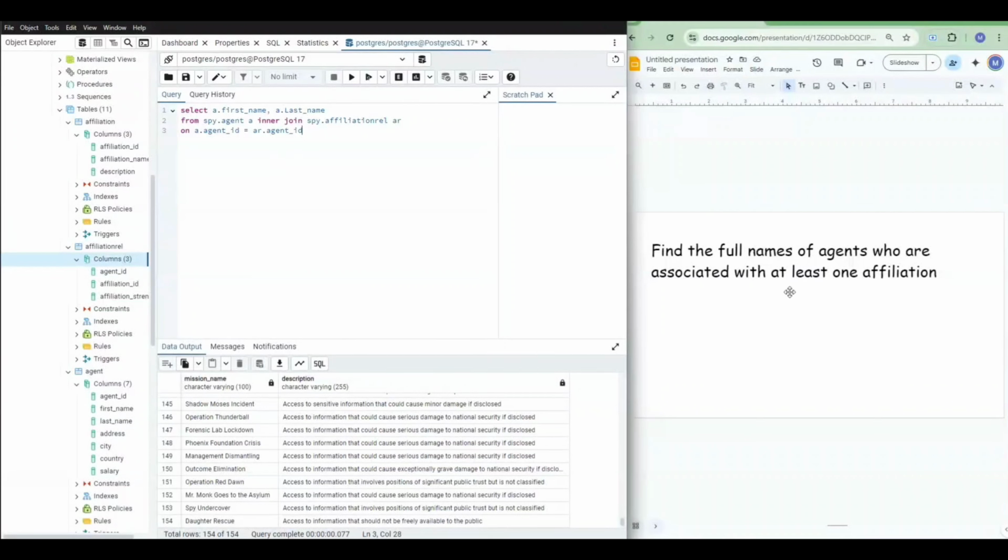So let's read the question again. We want full names, which is line 1, of agents who are associated with at least one affiliation. And the words at least mean they have one affiliation or more, right? So anybody with one affiliation, up to 10 affiliations, 100 affiliations, whatever number of affiliations should be in this table. So this expression suffices. So when we run this, we have